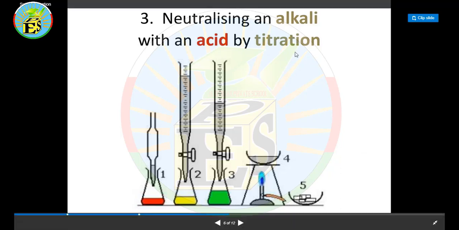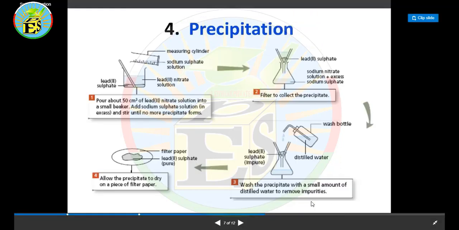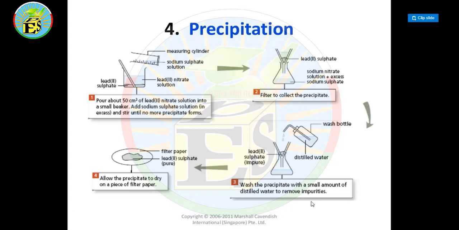After that, this one is neutralizing an alkali with an acid by titration. We will put here acid, and in this we will put alkali. Slowly we will release some alkali within it until it will change the color. When the color will be changed, it means it turns into a salt. Then we will heat it and we will get the salt crystal. Precipitation means